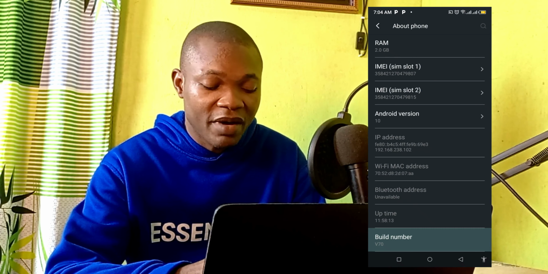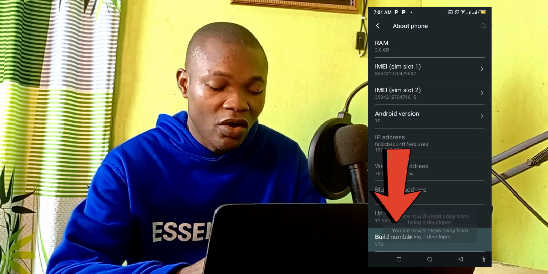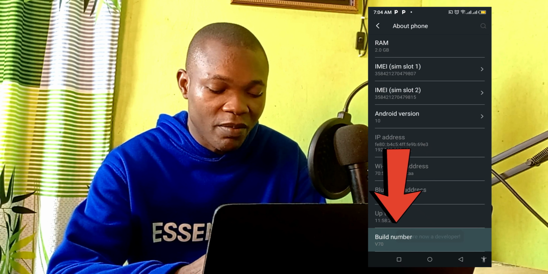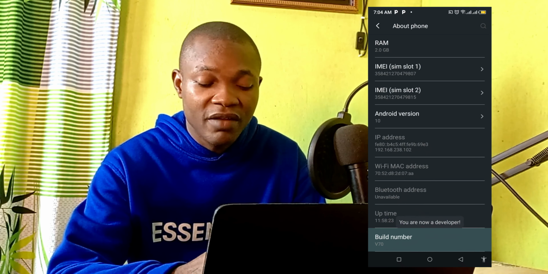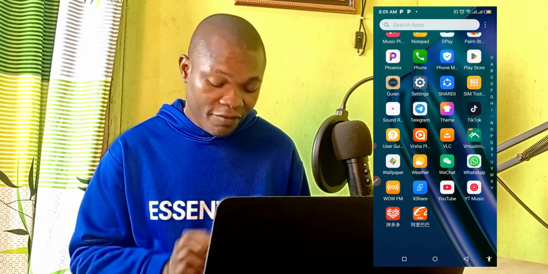So under the build number right here, what you need to do is to continue to tap the build number until you are enabled. So you are a step away from being a developer. Now you are a developer. It's that simple. After you have successfully enabled developer mode option on your Android phone, next thing you need to